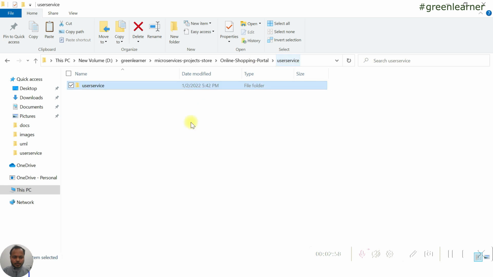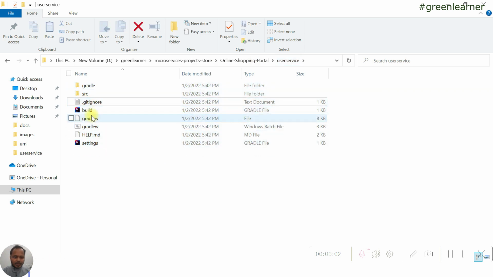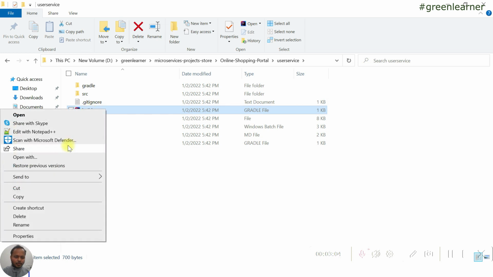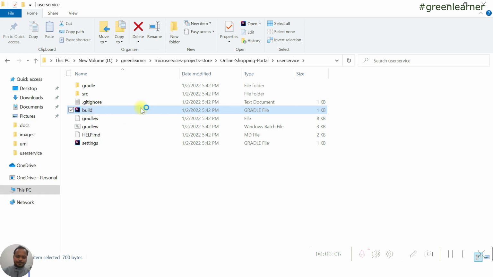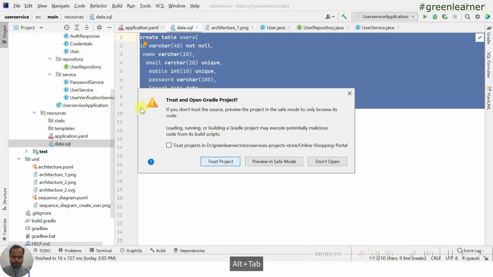I do not want the nested folder structure here, so I am pasting it here and removing it there. And this build.gradle I am going to open with IntelliJ IDEA. Trust this project and open it.